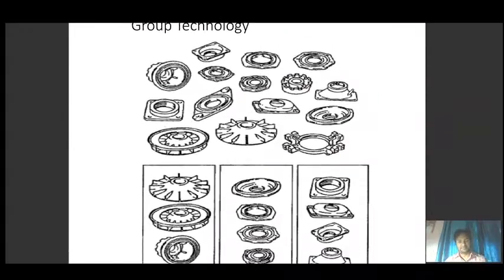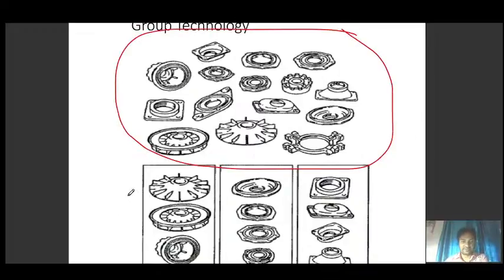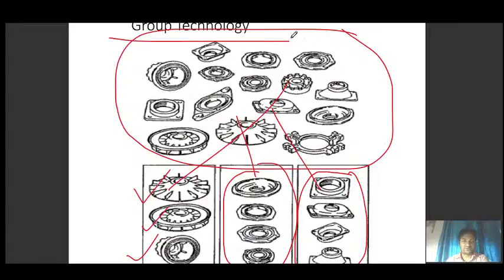These are the parts, and on the basis of their manufacturing, we can group them. Then this kind of part can be grouped in this way, having geometrical similarity, and this one also on the basis of manufacturing or geometrical similarity. So as you can see, we are doing the grouping of the parts.